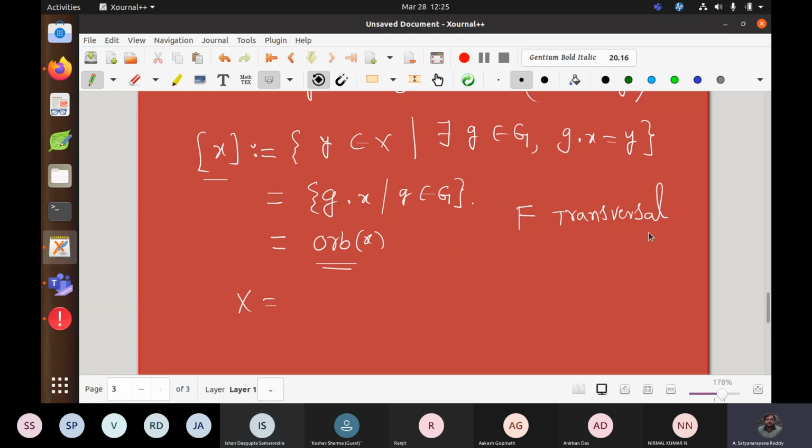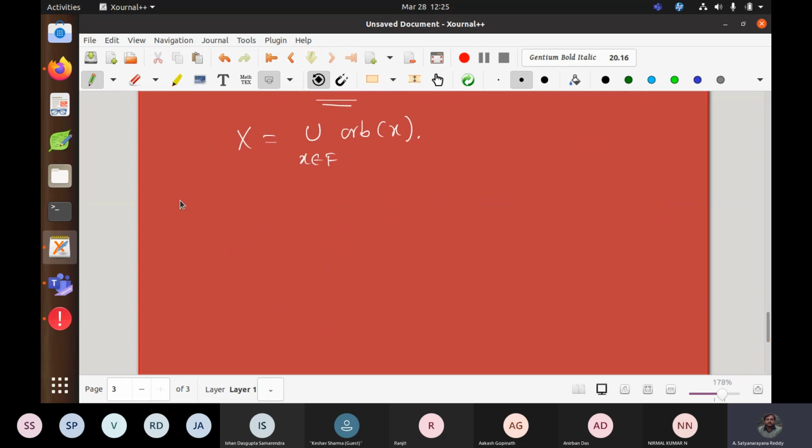Transversal means it is a collection of representatives of the equivalence classes. Then I can write x belongs to F, the orbit of x. So X is partitioned by using that. It is very democratic actually. This is not only giving a partition to X, it gives a partition to G also, but that comes a little later. The orbit of x is a subset of X. At this juncture, I want to tell you it also gives one subset of G. Can somebody recall what that subset is that we discussed last time?